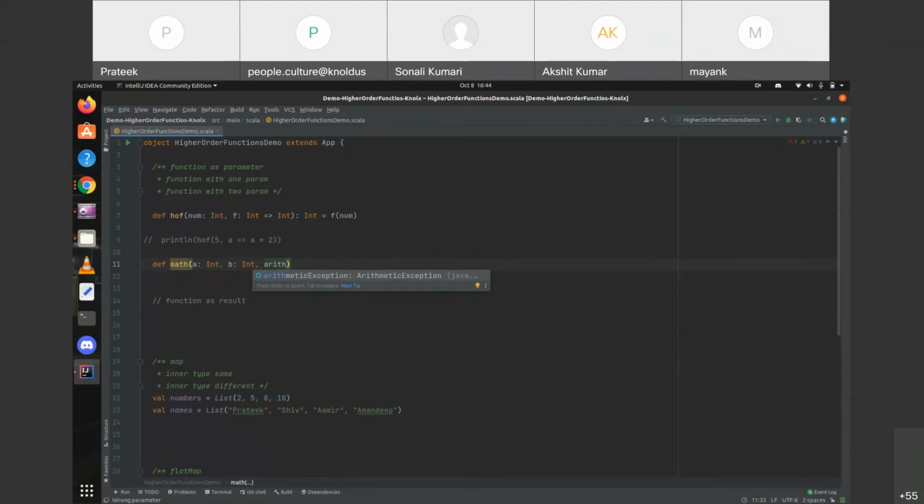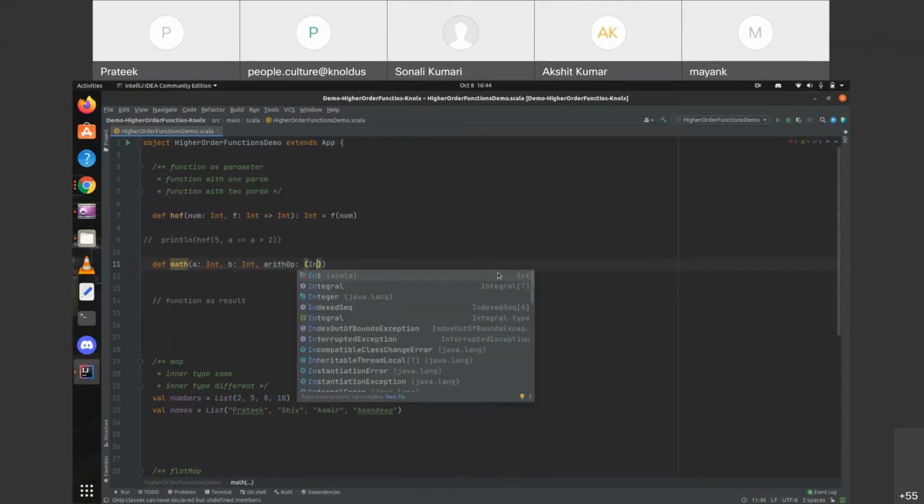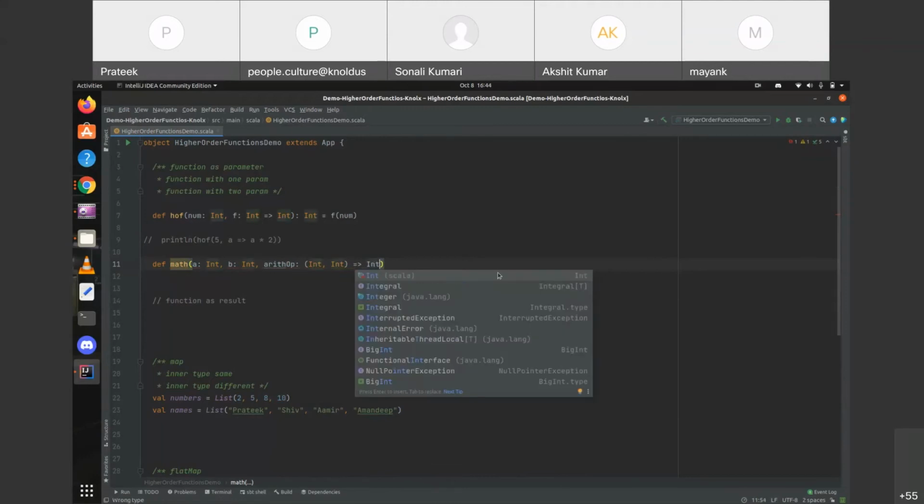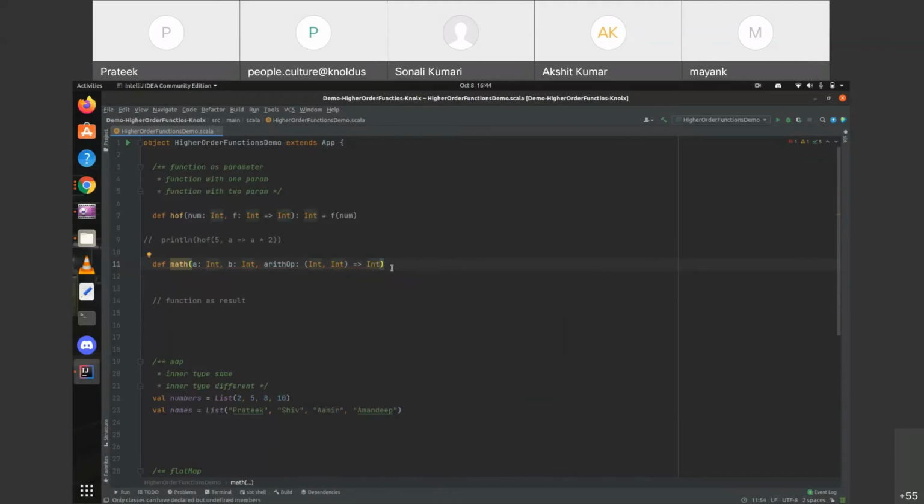Let's call it arithmeticOperation. What we are doing here is simply defining a function that can take two parameters and return us a result of the same type. And we need to pass the type of this function as well.